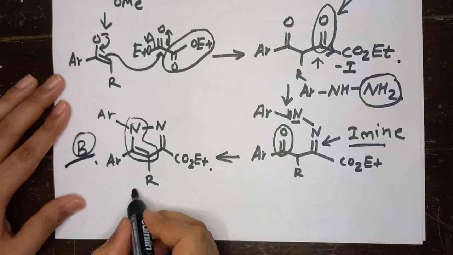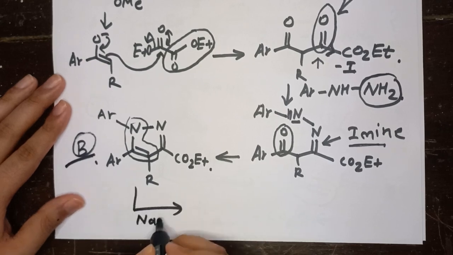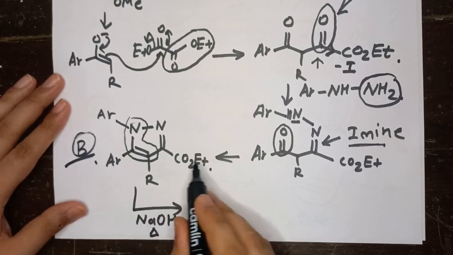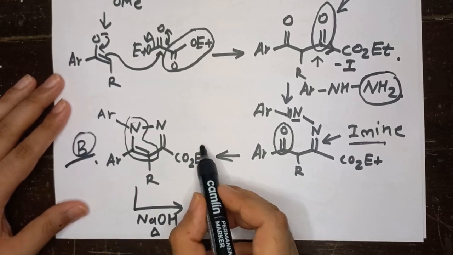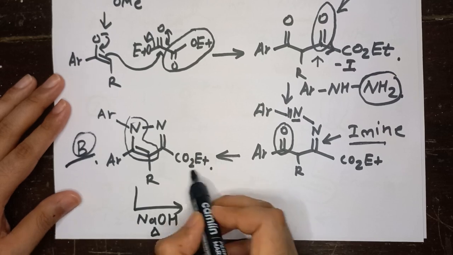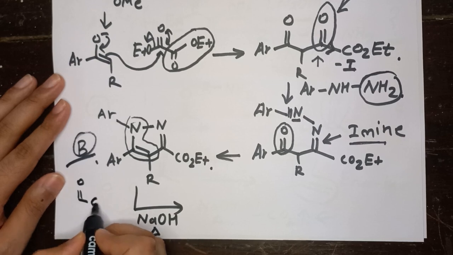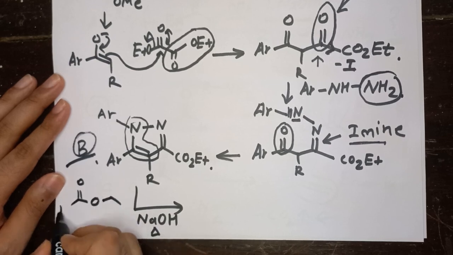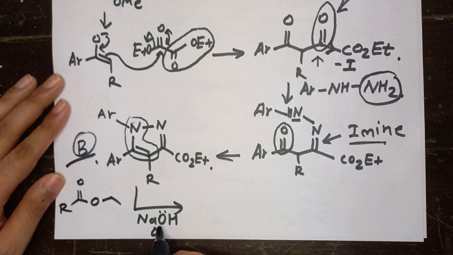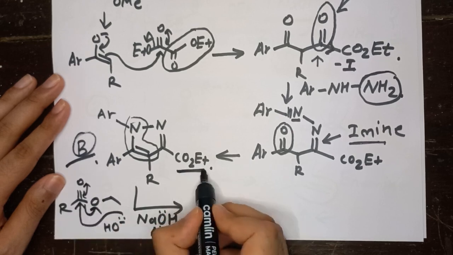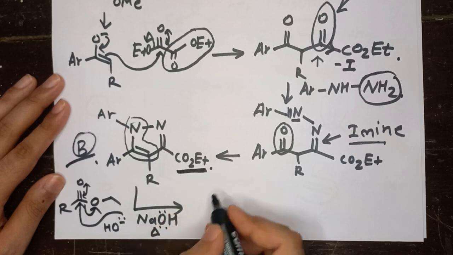Now the last step was use of sodium hydroxide in presence of heat. Now this sodium hydroxide is basically converting this ester molecule into acid. Okay, so how does it happen? We have this ester group. So this O minus will attack at this carbonyl. Through conjugation, this whole group is going to leave, and this is how it converts this CO2Et into acid,